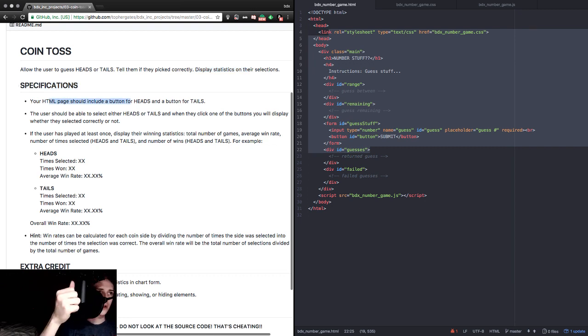Your HTML page should include a button for heads and a button for tails. The user should be able to select either heads or tails, and when they click one of the buttons, you will display whether they selected correctly or not. If the user has played at least once, display their winning statistics: total number of games, average win rate, number of times selected, heads and tails, and the number of wins, heads and tails. For example, heads, times selected, average win rate, random percentage, tails,